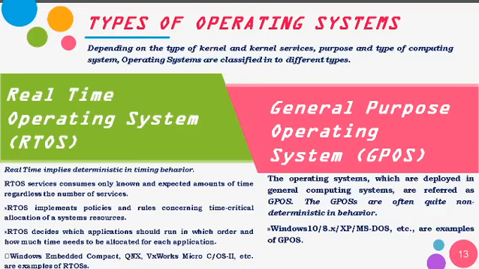So a real-time operating system implies deterministic timing behavior, and RTOS services consume only known and expected amounts of time regardless of the number of services. A real-time operating system implements policies and rules concerning time-critical allocation of system resources. It decides which applications should run in which order and how much time needs to be allocated